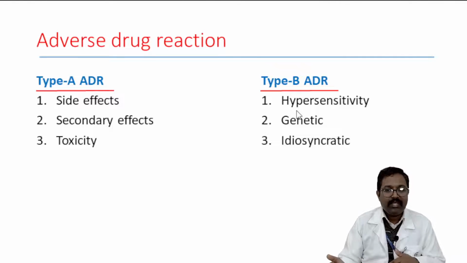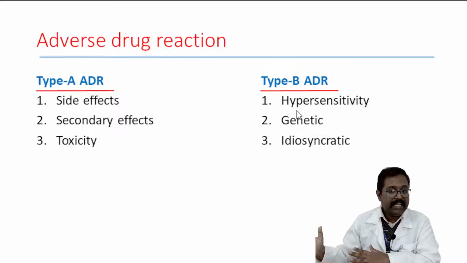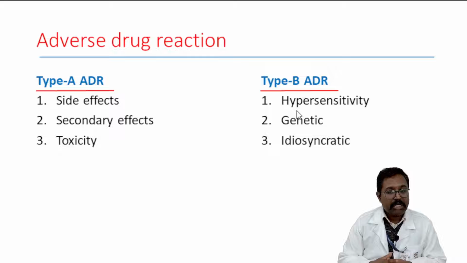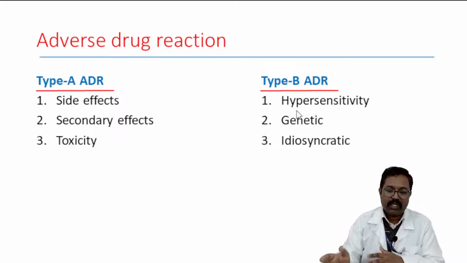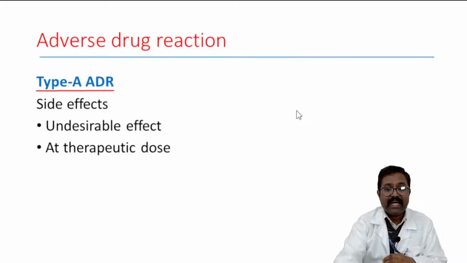So type B, you have hypersensitivity reactions, genetically mediated reactions, or idiosyncratic reactions. So let us see these examples one by one. So type A, we have side effects, which is an undesirable effect that occurs